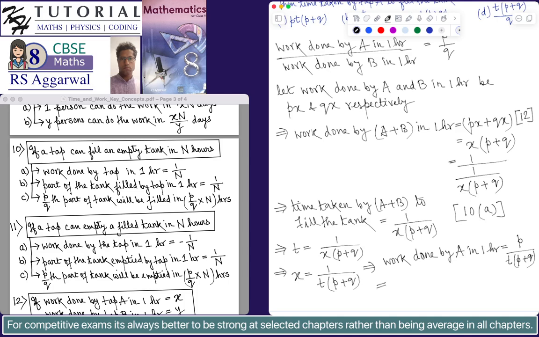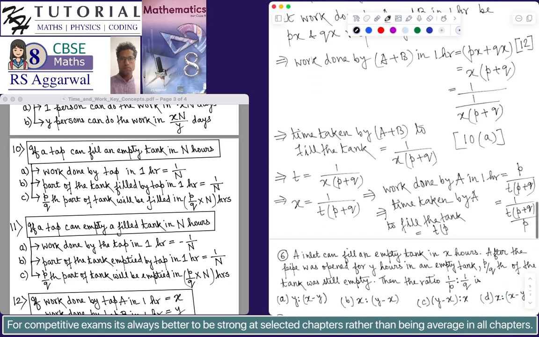So now when we know that the work done by A in 1 hour is P by T into P plus Q, we can say the time taken, if we express it in the form of 1 by n, this becomes 1 by T into P plus Q divided by P. So then we can say the time taken by A to fill the tank will be equal to T into P plus Q divided by P, applying